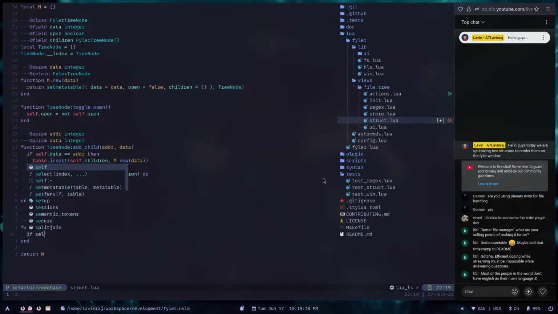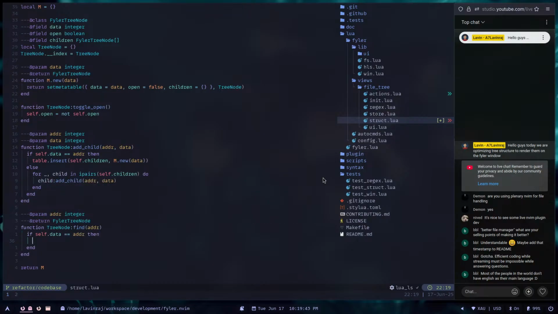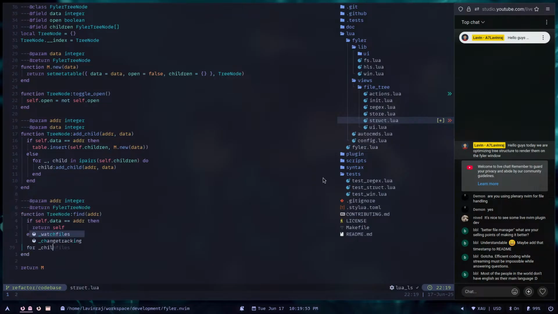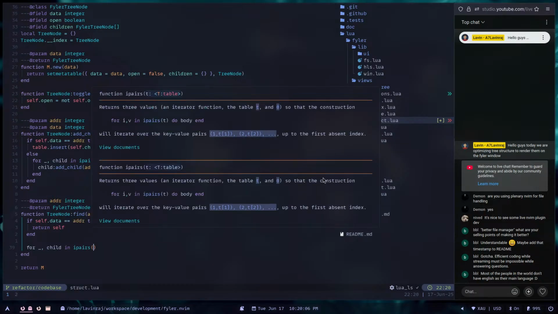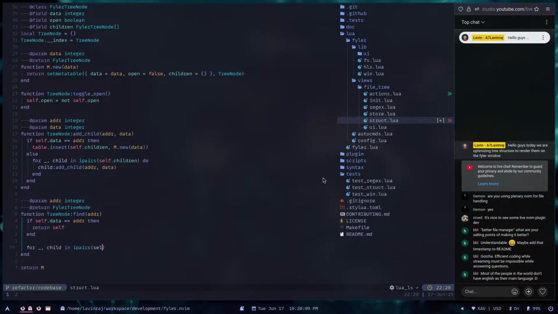So if the self.data is equal to addr, then we will return self, right? Otherwise, we will go through each of the children, like child in ipairs(self.children) do, and if the child